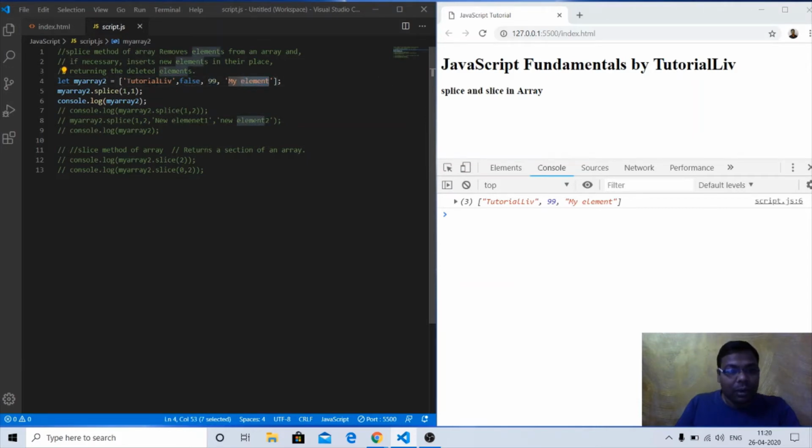There were 4 elements, at the 0th index, first index, on the first index we have false, second index 99, third index 44. So what I did, I want to remove the element. The start index of the removing is the first. How many elements do we want to remove? One element. From the first index where it was false, I want to remove one element, so I want to remove false.